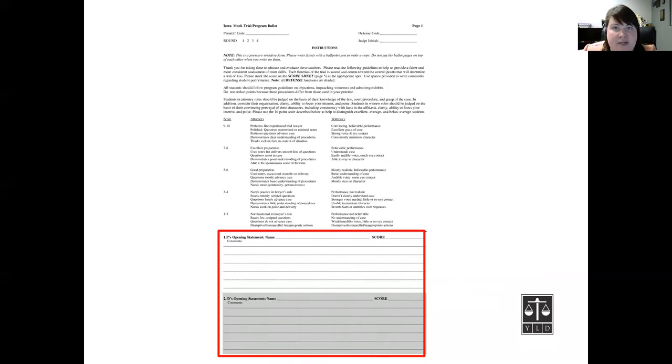For the online Zoom rounds, we're going to have 2 separate ballots, one that just has the numbers and one that has the comments. There will be a separate video uploaded to help step you through how to use those if you need that assistance. The important thing to know is we need that number ballot back as soon as you can after the round ends. If it takes you a little while to submit the comment ballot, that's totally fine. We love having your comments. We want your comments. The kids go crazy over getting your comments. But the number ballot is the one that has to make it in first.